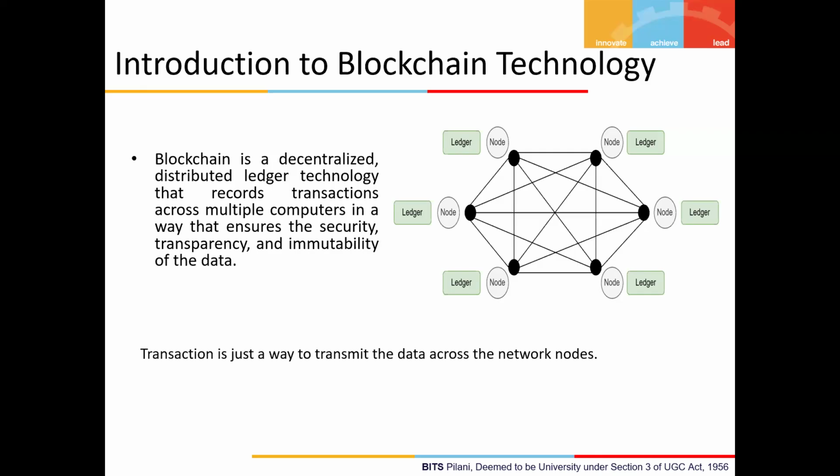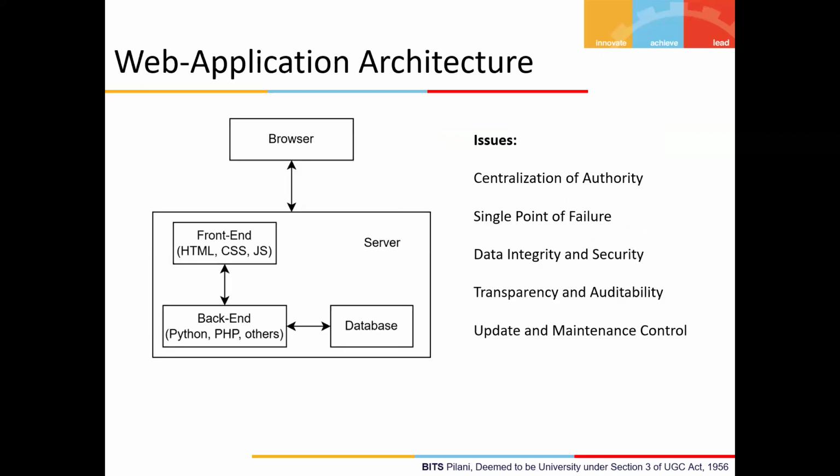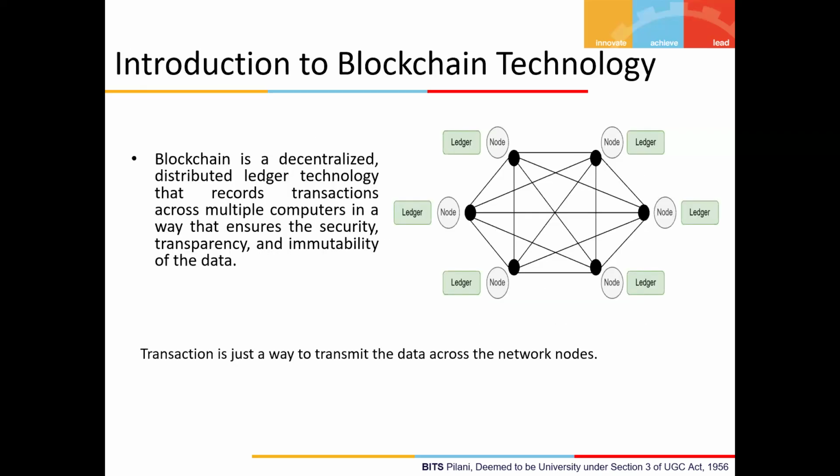So the first thing is that it is not centralized. One of the problems we have in centralized systems is transparency, and another we have seen is the single point of failure, which we don't have here, because blockchain is a peer-to-peer network. As we can see in this figure, several nodes are shown, and they are all connected to each other, right? And there is no central authority controlling this peer-to-peer network, right? So that is why we call it decentralized.